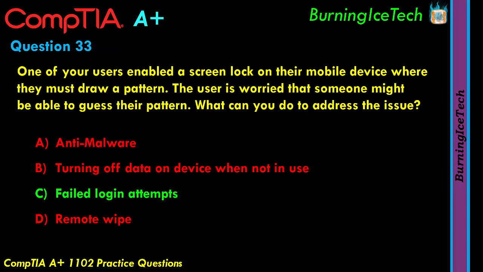Failed login attempts is something you'll find most commonly on phones and tablets. It's actually turned on by default on most phones and tablets. So as soon as you get the pin wrong 3 times, or the fingerprint wrong 3 times, or the pattern wrong 3 times, the phone or the device will either lock or it will time out for an X amount of time. And after a minute or 5 minutes or however long it's specified, it will allow you to try again. And if you get it wrong again, it'll time out again for the same period or possibly even a